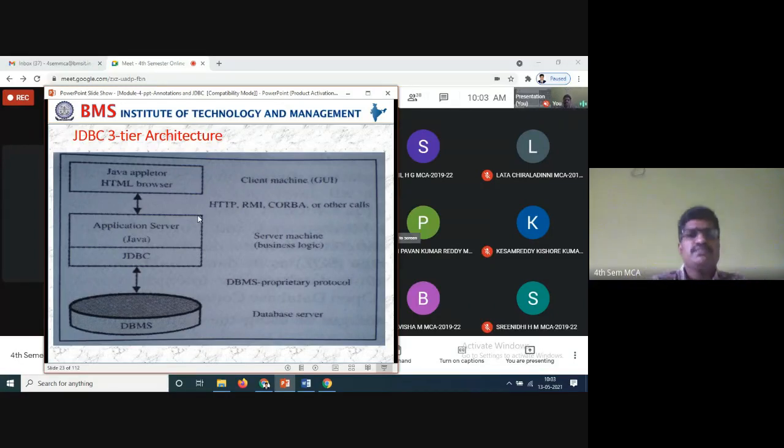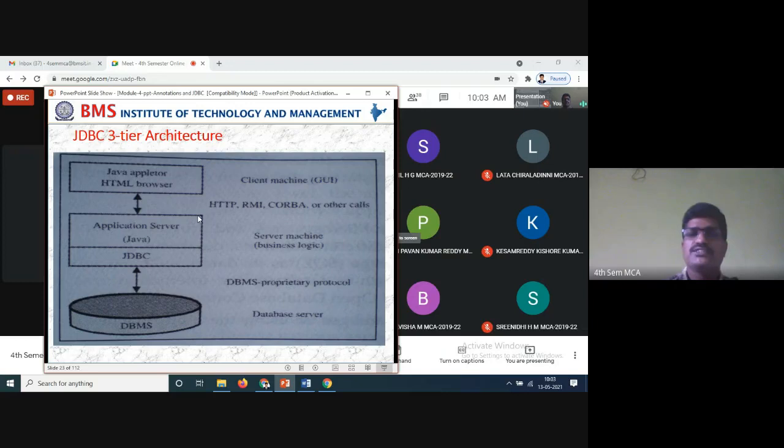Why they have given three-tier architecture is, if you are seeing web pages, you have seen web programming also, you are doing. You are using the web pages and some software, so you are writing the program. But here you can use HTTP, RMI, CORBA, and other examples.